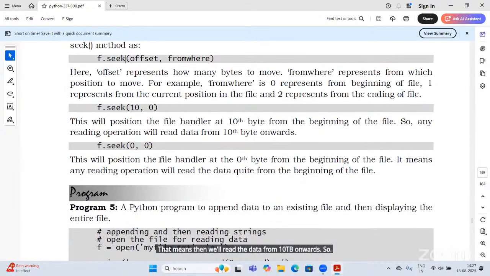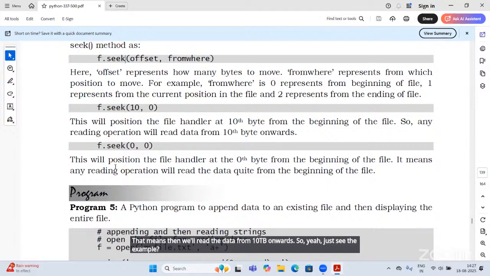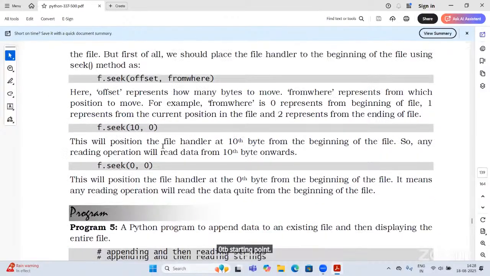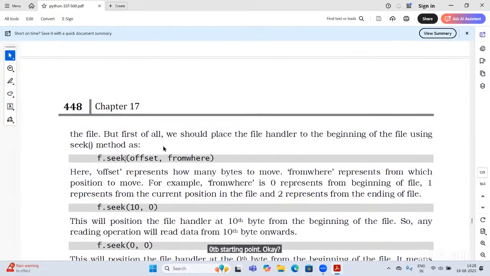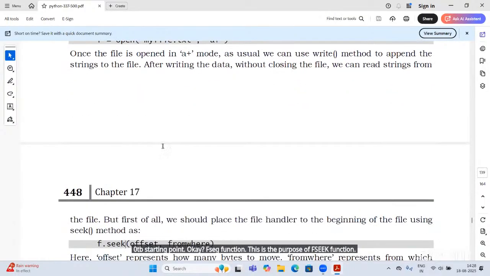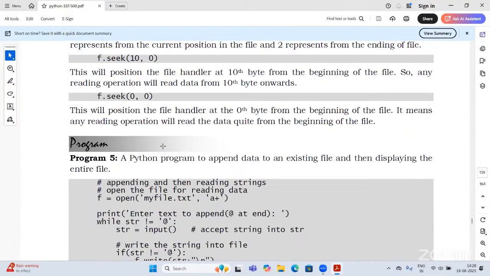The other example, f.seek(0, 0). What do you mean by 0, 0? The second 0 means starting point. This will position the file handler at the 0th byte from the beginning of the file. This is the purpose of the seek function.